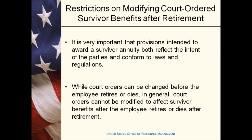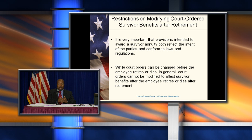It is extremely important that the provisions intended regarding awarding a survivor benefit both reflect the intent of the parties and conform to the laws and regulations. A lot of times we get people call in or write into our office and say, what you've interpreted is not what we intended. This is not what I wanted. But we have to go by exactly what the order states. As we mentioned earlier, our office's role is simply ministerial. We don't do anything but interpret exactly what the order says. So the intent really should be very specific. And they can go to the table as many times as they need to, but